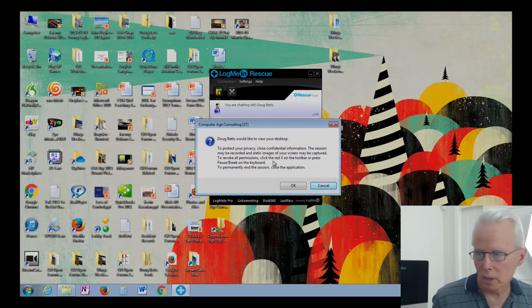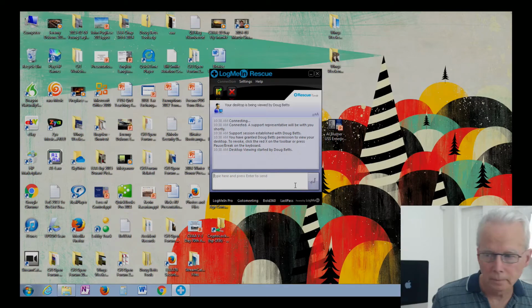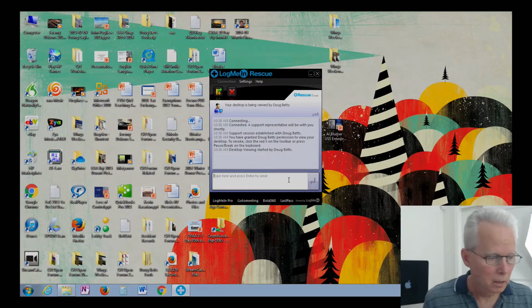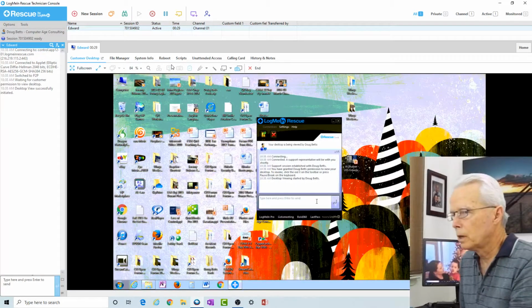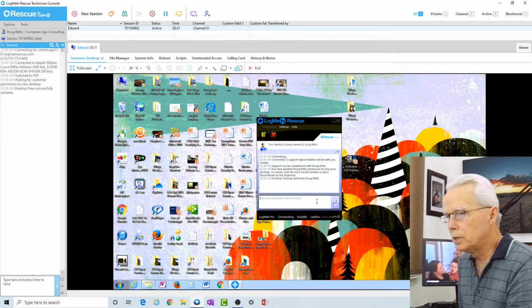There's a dialog box there saying Doug Betts would like to view your desktop, and Edward clicks OK. Switch back to my computer. Now I can see Edward's desktop